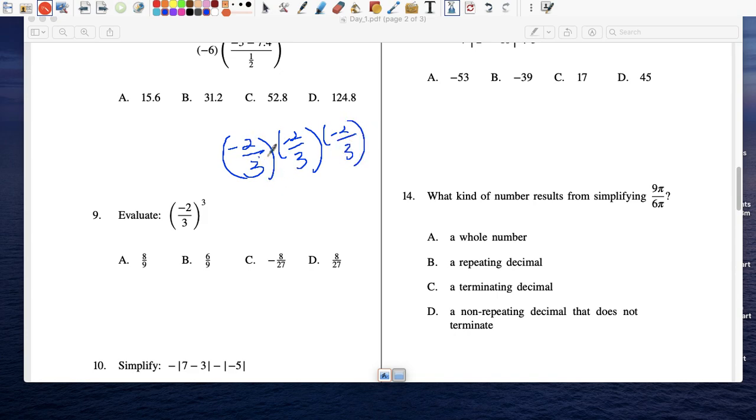Alright, so we get negative times a negative times a negative, which is a negative. So this is garbage and that's garbage. So you know the answer is going to be negative. 2 times 2 times 2 is 8, and at the bottom is 27. And the only possible answer